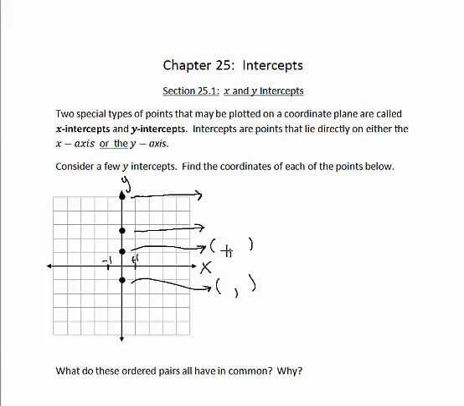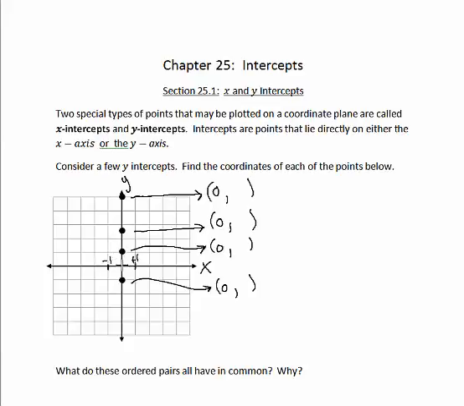Every point on the coordinate plane has two coordinates, and since all of these points lie on the y-axis, they sit directly above or below the origin, and so the x coordinate for all of these points will be 0, and so all we have to do is